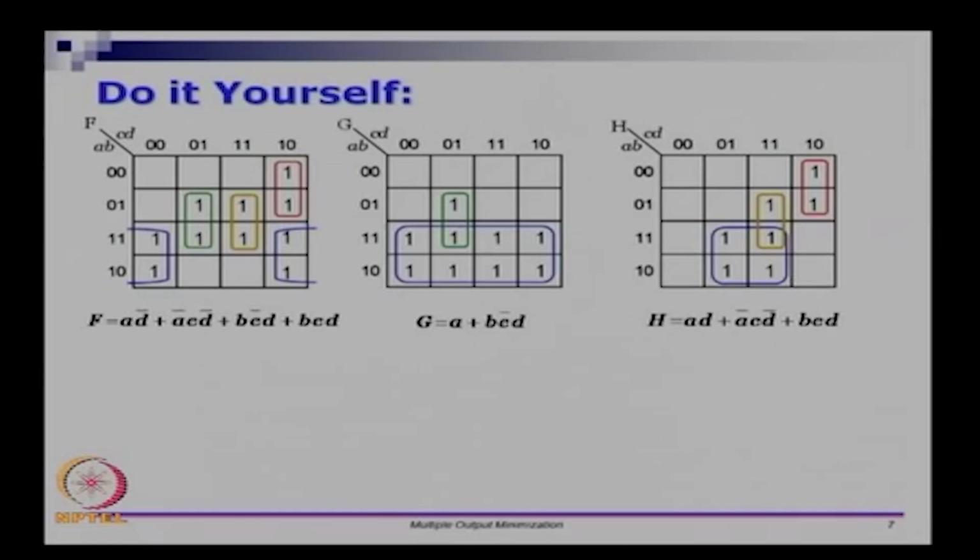So in essence, what we have done in this lecture is we looked at the case for sharing terms across different outputs in what are called multiple output functions. Minimization of the terms in the presence of multiple output functions is not an easy task. Sometimes if you share it's better, sometimes if you share it's actually going to be worse. So you have to be careful about when to share and when not to share. In general,